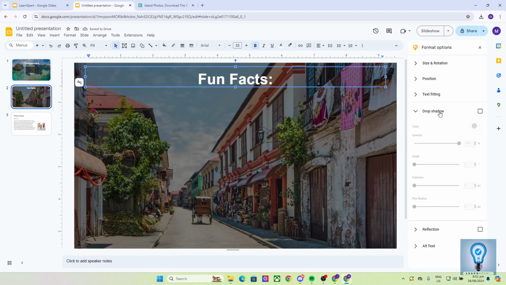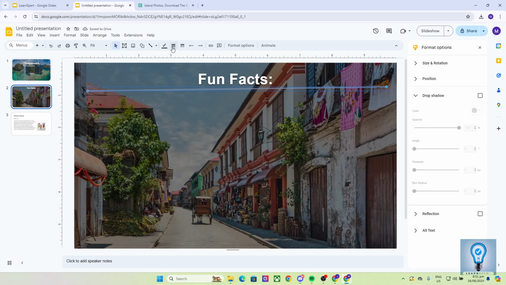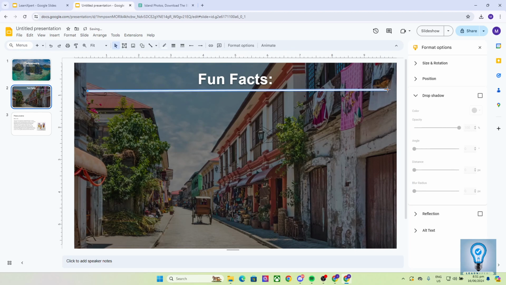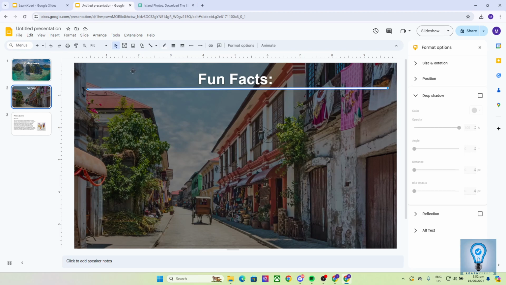and then change it white, and then add a drop shadow like so, and then from here we can add a line right over here to create some sort of a break from the text. And then we can change its thickness right over here, change it to white as well. As you can see, it's not straight, so you just have to straighten it out. And as you can see, we have a break now that separates the fun facts header from what we are